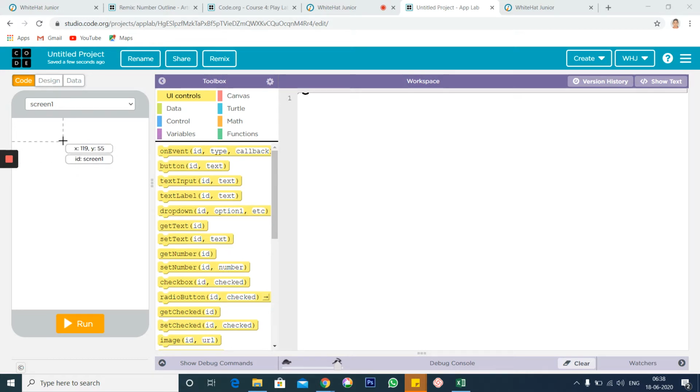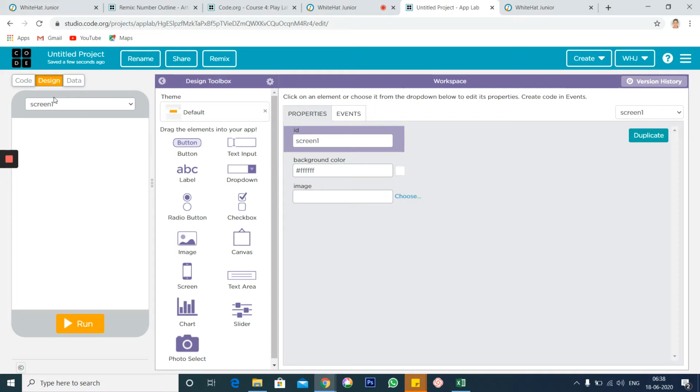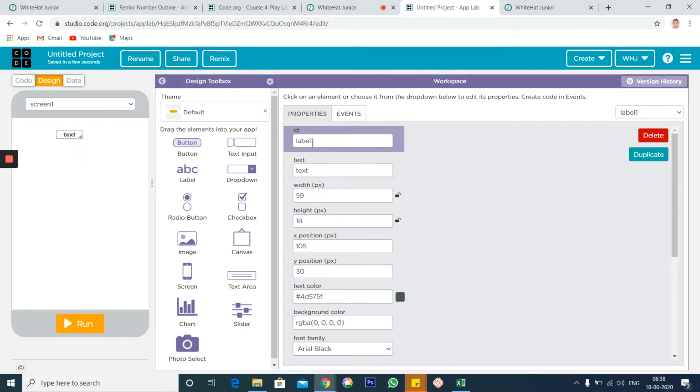Now step 2, design. So I will click on design. These are all the design elements that we can use in our app. We will use whatever is required. First I'll use a label. Once I click on label, you never do anything with the ID. I remember I told you even during the trial class, ID is something we will be using in our code. So we will not use the ID.